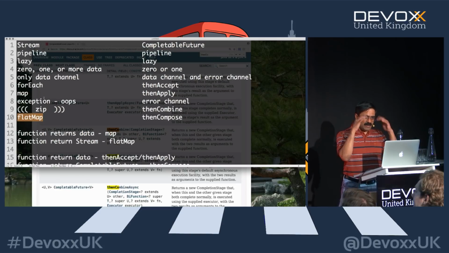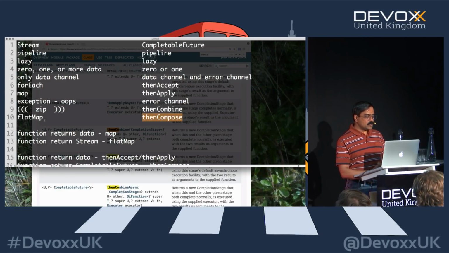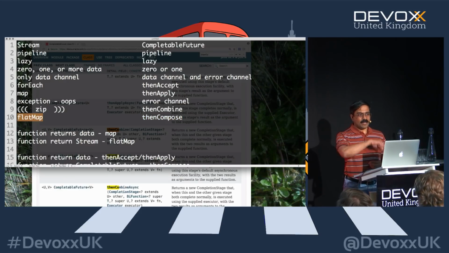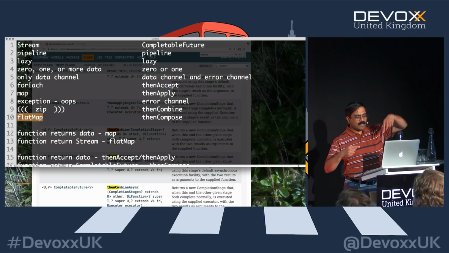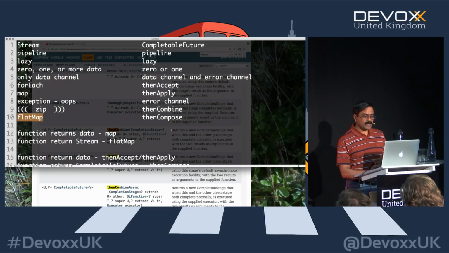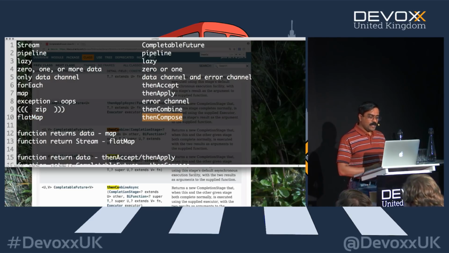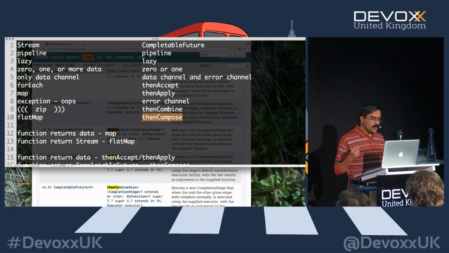So that was a little light bulb in my head to realize the reason why you have a then compose really is when a function is returning a completable future, you want to continue passing the completable future down the chain, and you are doing a then compose for that reason. Let's look at this as a last example before we call this done. So what are we going to do with the completable future? Well, the then compose is going to compose that and forward it.